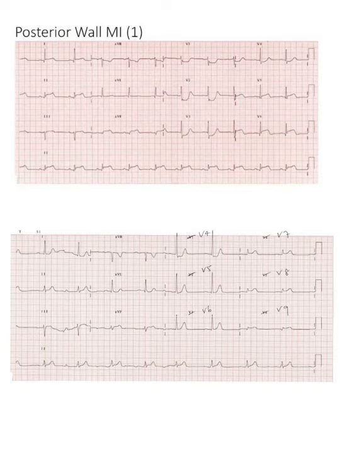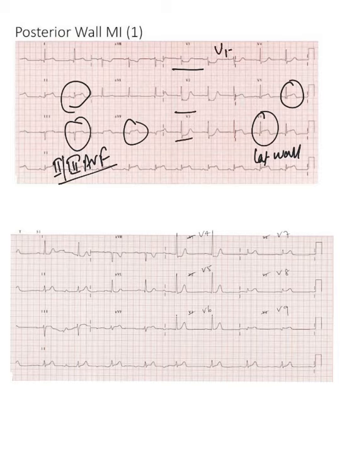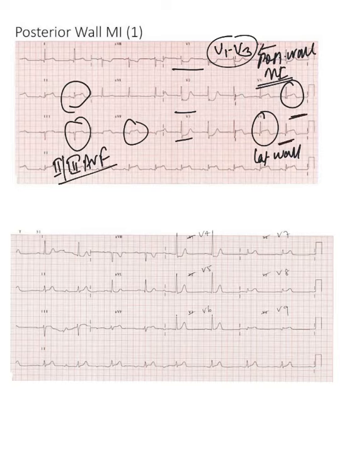Again here if you see in this ECG, there is ST elevation in 2, 3, aVF, so this is inferior wall MI, and also there is ST elevation in V5 and V6, so lateral wall is also involved. There is ST depression in V1 to V3. Now this can be due to posterior wall MI, or it could be a reciprocal change secondary to ST elevation in V5 and V6, and to confirm this we have to put V7, V8 and V9.